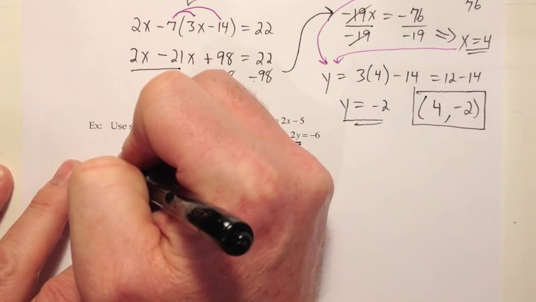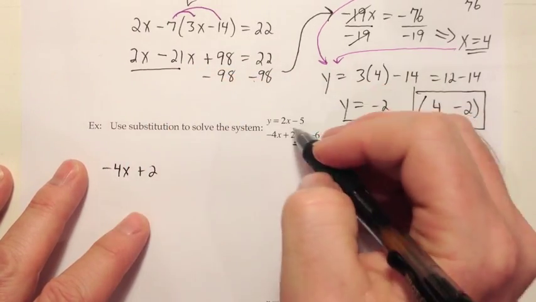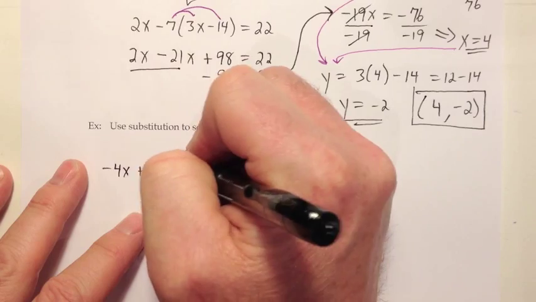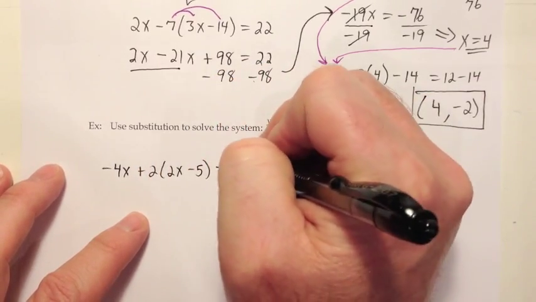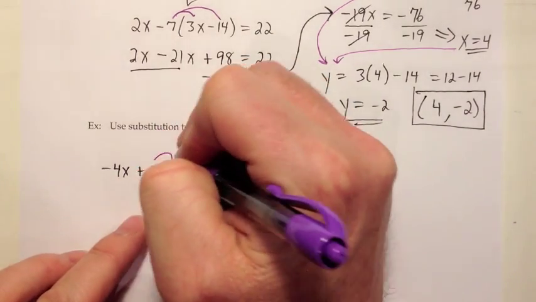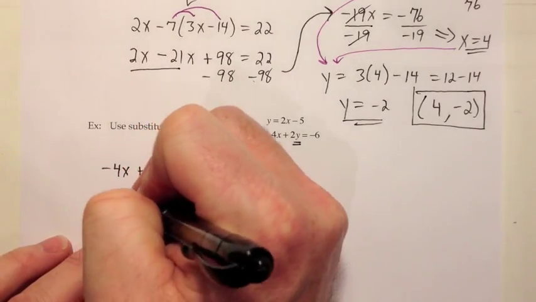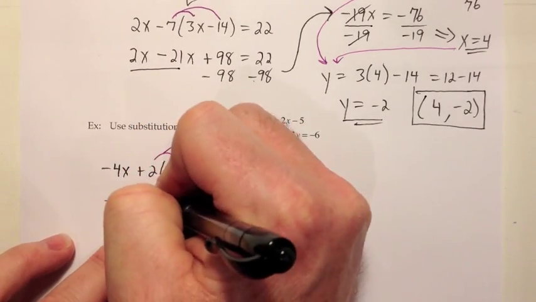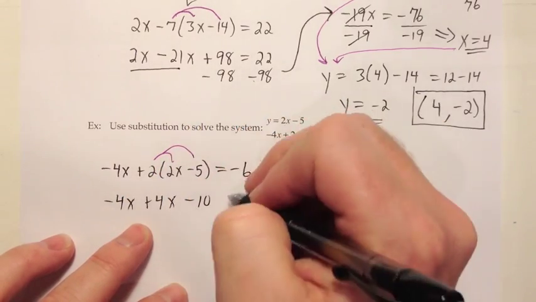So we have the negative 4x plus 2y, but the y is 2x minus 5, and then that's equal to negative 6. And so right away we've got that situation where we have just one equation, one variable. So we want to start doing the algebra steps, so we would distribute that 2, and that gives negative 4x, we'd copy, and 2 times 2x would be 4x, and then 2 times negative 5 would be negative 10, equals